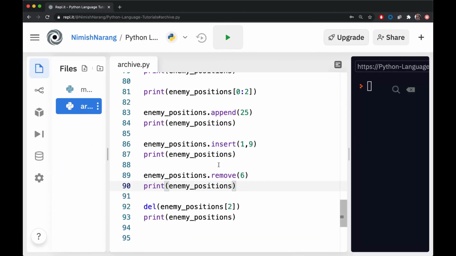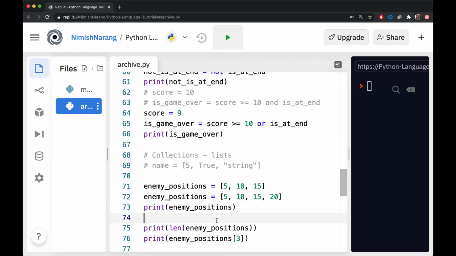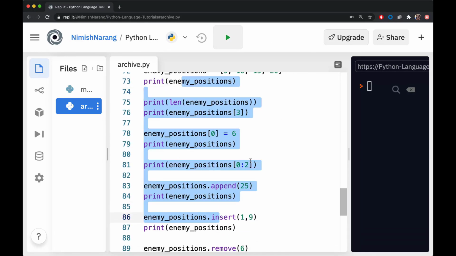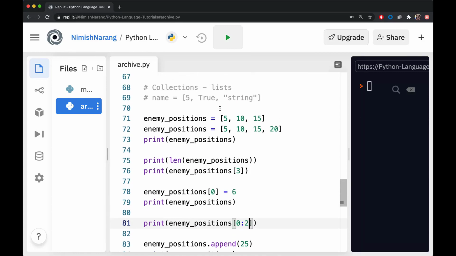Okay, as per usual, I've put all the old code in archive.py. Make sure that you're comfortable with all of this content that we covered previously, and hopefully you guys practiced on your own, creating some more lists, adding elements, removing elements, fetching, modifying, etc., and you're ready to move on to